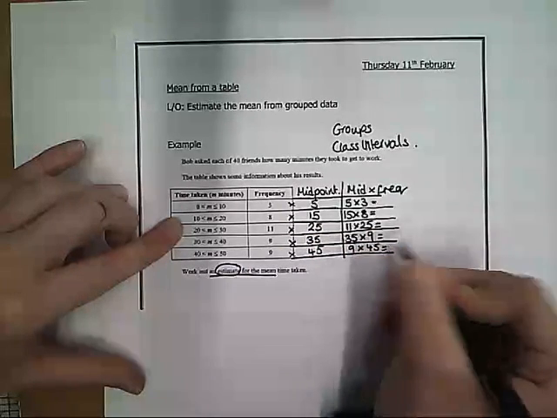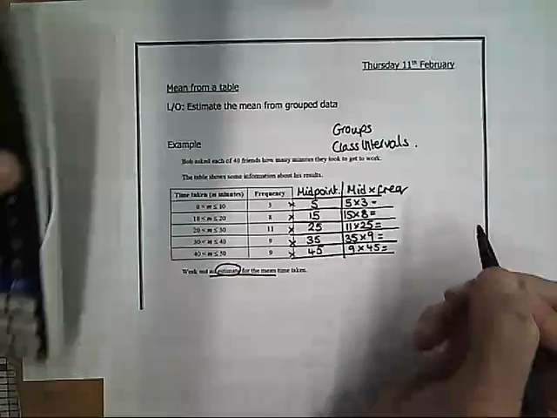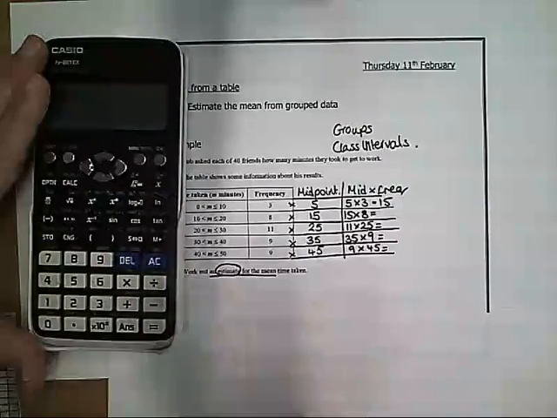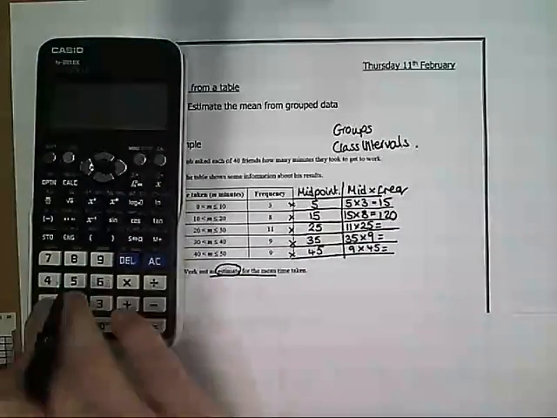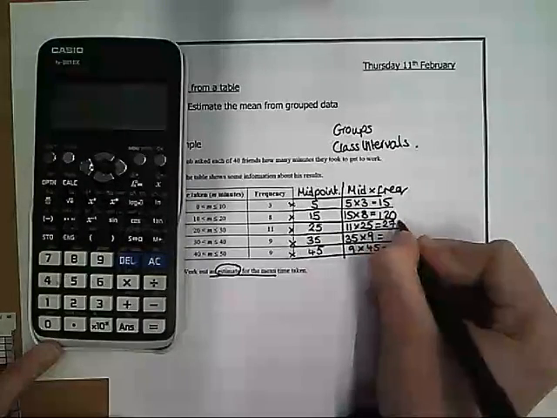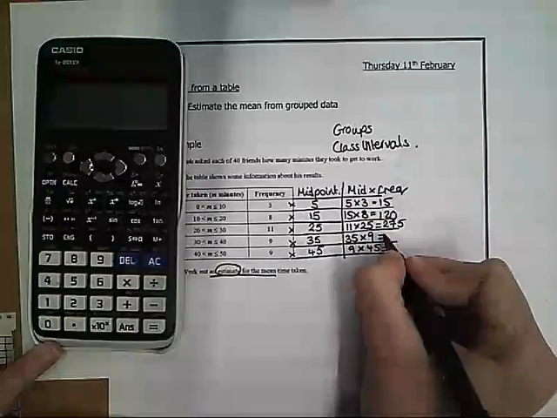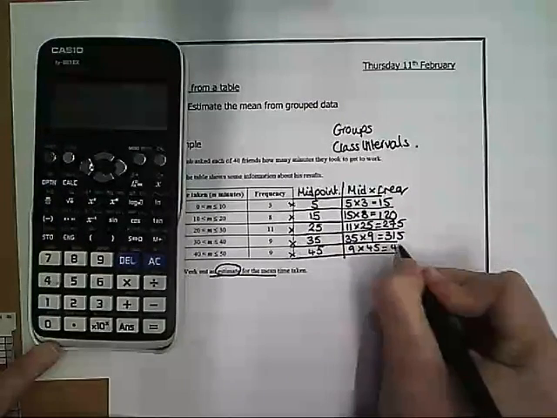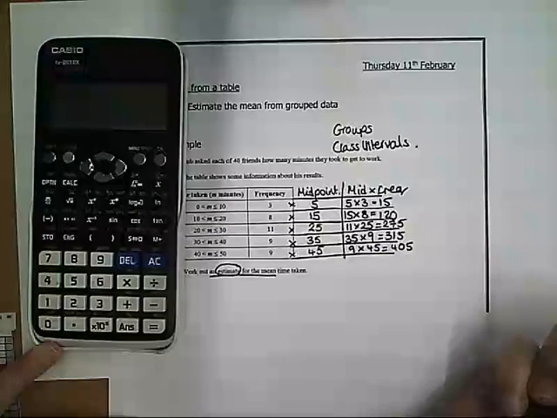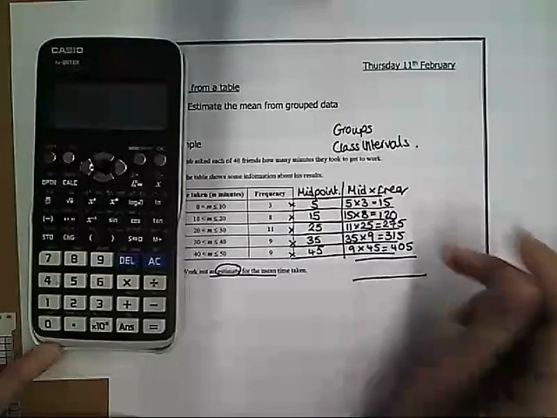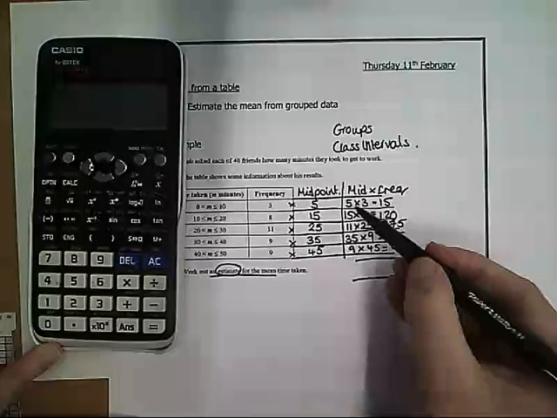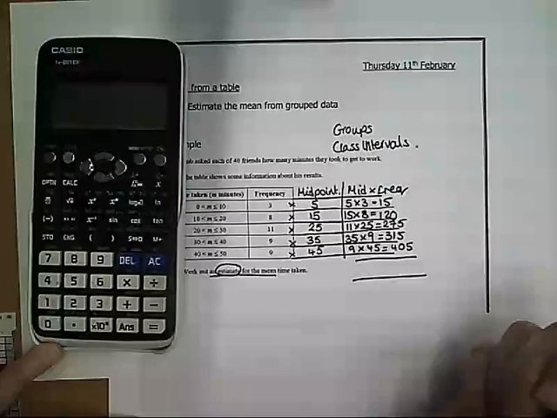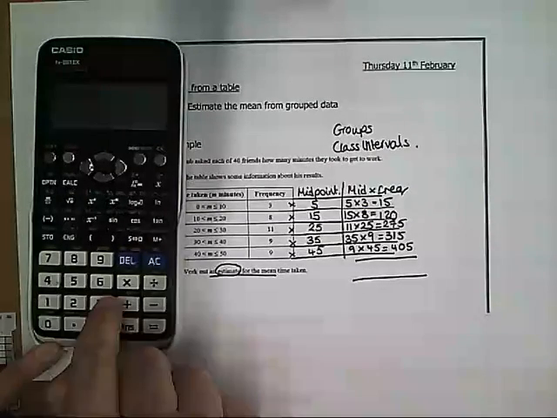Okay, so we can then use our calculators on this. 5 times 3 is 15. 15 times 8 is 120. 11 times 25 is 275. 35 times 9 is 315. And 9 times 45 is 405. You then add all of these up, because this is like having all of those in a list. It's like having the number 5 3 times. It's like having the number 15 8 times, etc. So we add those up,